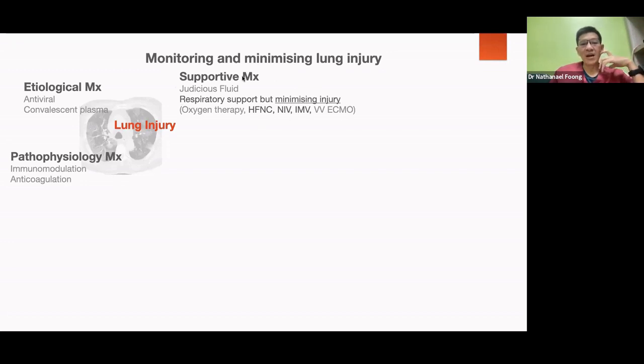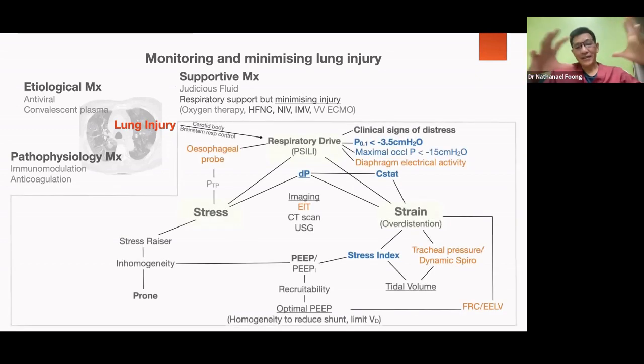And here is where we are, supportive management, where judicious fluid management is one of the mainstay of the management of a patient with ARDS. And respiratory support, which potentially can cause injury, but we try to minimize injury, all right? And this is the bigger framework of how we actually regulate and manage our ventilation in this group of patients. It is quite daunting, but the three main components of this diagram is basically managing stress and strain in non-ventilated and ventilated patients, and the respiratory drive, which actually drive the patient's self-inflicted lung injury in a spontaneously breathing patient,